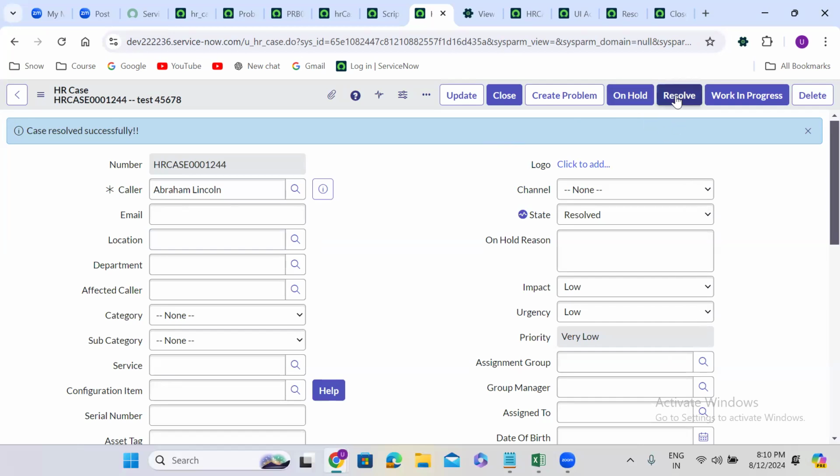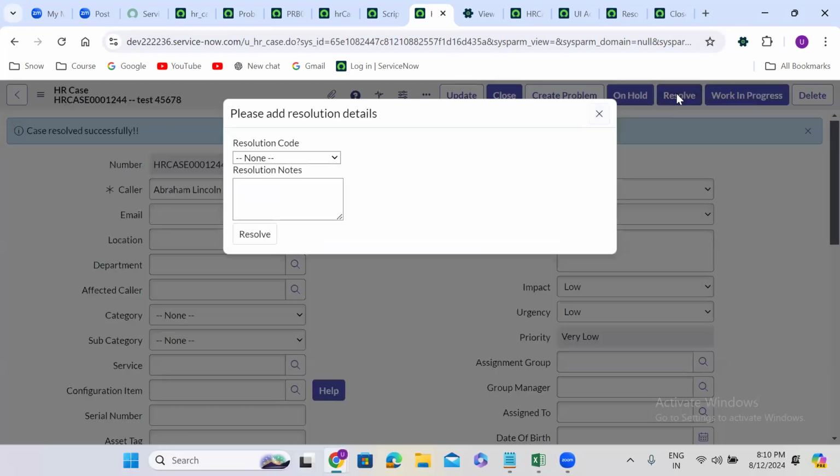First, from the beginning, if we discuss, we created a UI action. In the UI action, you called the UI page. In the UI page, you created two fields. After that, you are clicking on the button. Once you click on the resolve button,